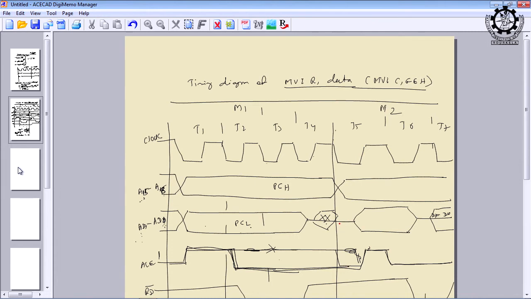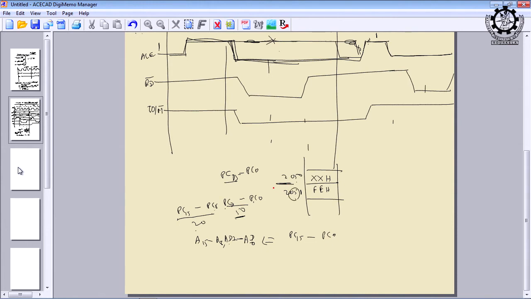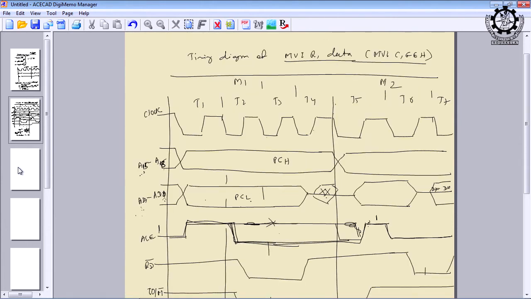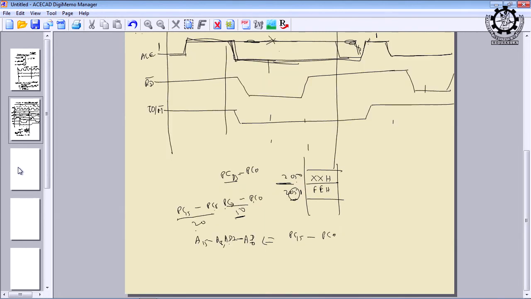Now come to the second machine cycle. In the second machine cycle, you can see in the first clock period, ALE again goes high, isn't it? Because we need the entire 16 bit address. So again the AD0 to AD7, which was data previously, now has become the address bus. It will hold again the value 51, because 20 will not be changed. 20 is in the higher order byte and that will remain on A8 to A15. Now AD0 to AD7 is changing to 51, 2051.